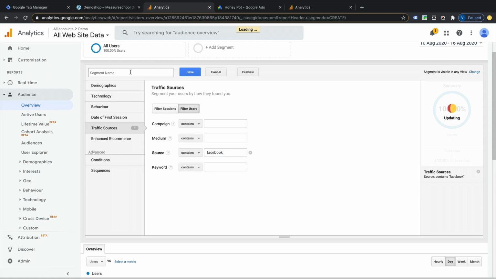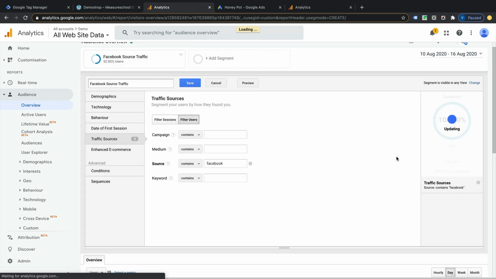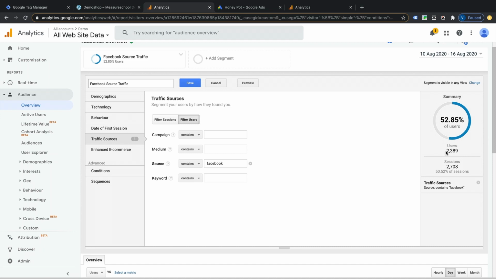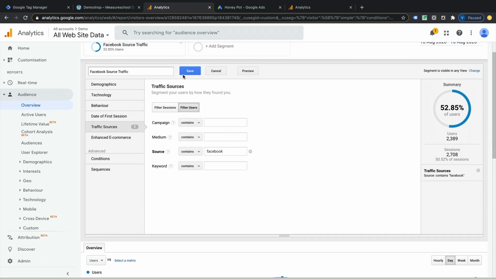Now, I want to give this a name. So I'm going to call this Facebook source traffic. And if you click this preview button here, if it doesn't already populate, it will actually give you a summary. So here, 52% of users, that's over 2,000, are actually going to populate this segment.